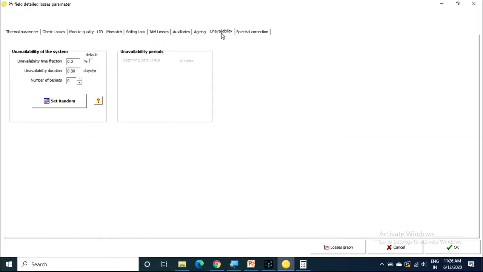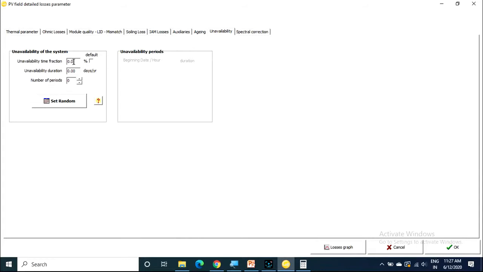And unavailability. The plant may go under planned outage or unplanned outage. Planned outage means for maintenance. For maintenance purposes, for 1 day or 2 days, 3 days, it will go under maintenance. If any fault occurs, then it is called an unplanned outage.